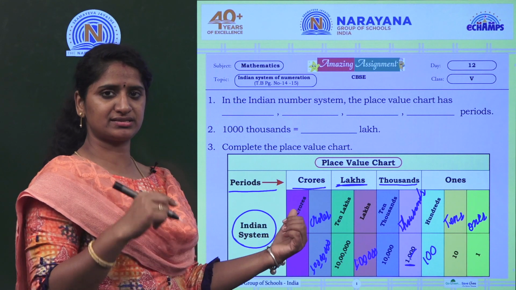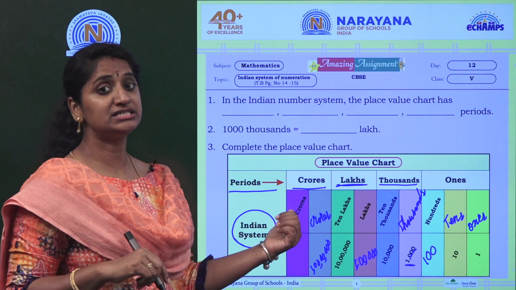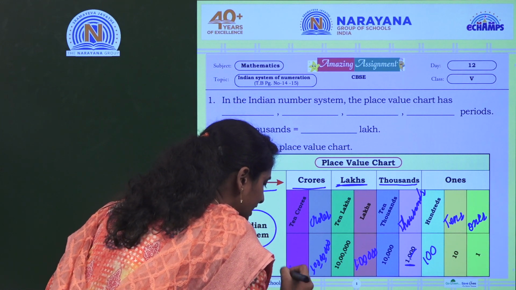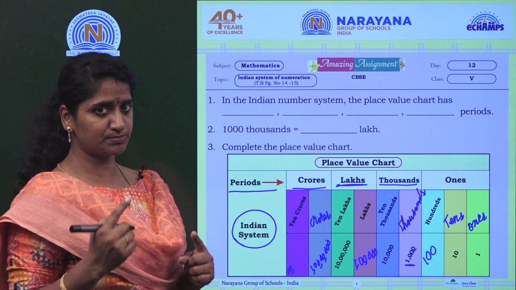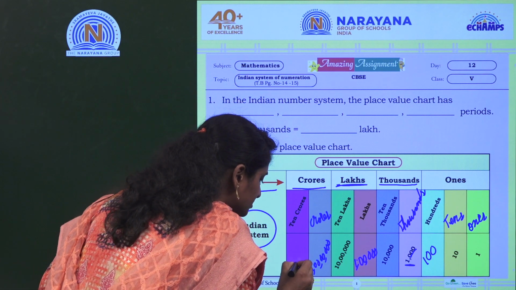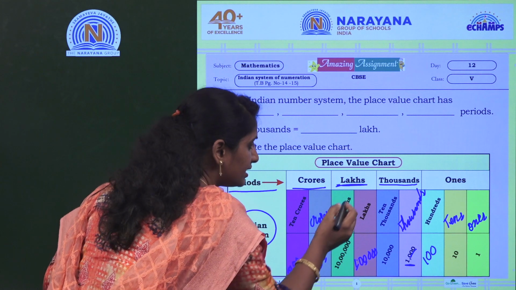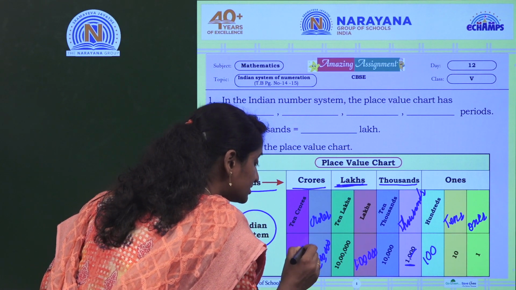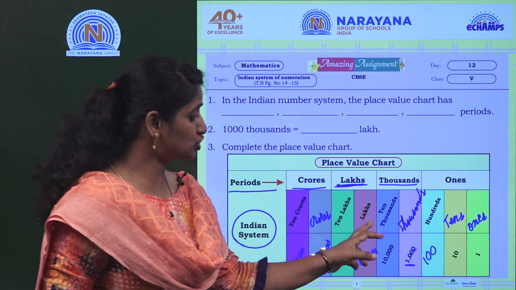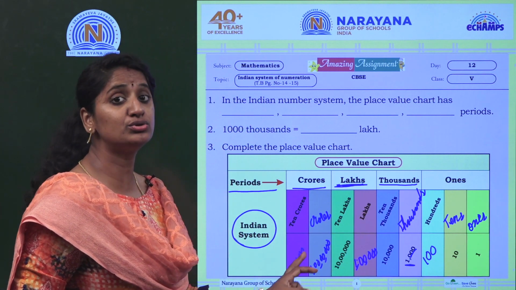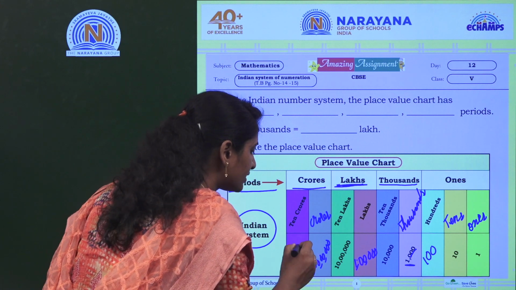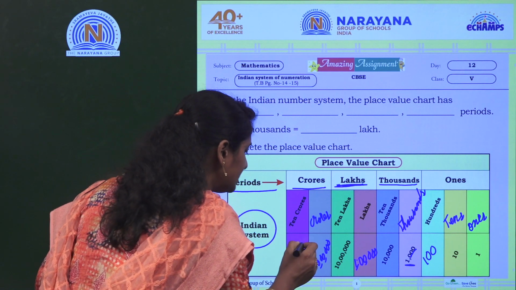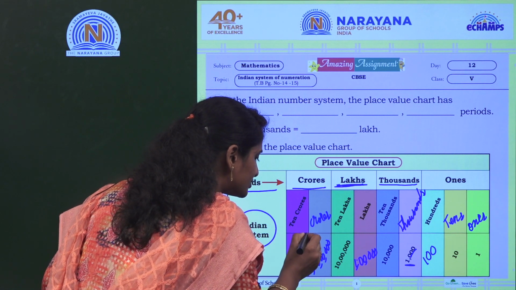Okay. The next place is 10 crores. So it is 10 crore. We need to write 10 after comma. That means crores period completed. Then next lakhs period. Here is a lakhs period. Then thousands period. So again 2 zeros. In thousands period, how many places? 2 places. It means I need to add 2 zeros and comma. And in ones period, how many places? 3. So it means you just write 3 zeros.